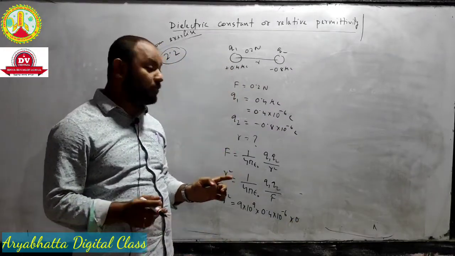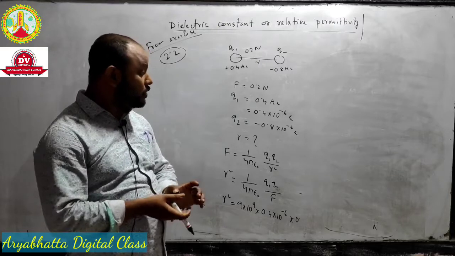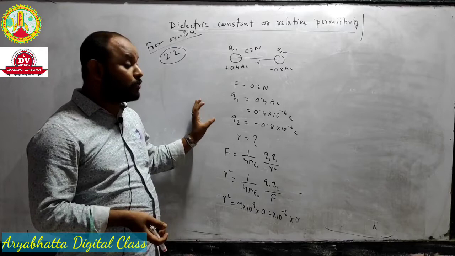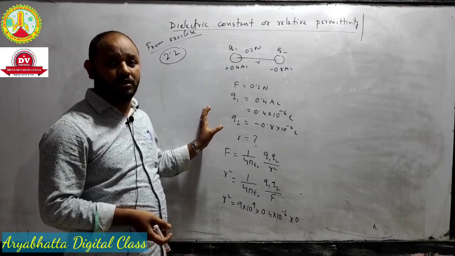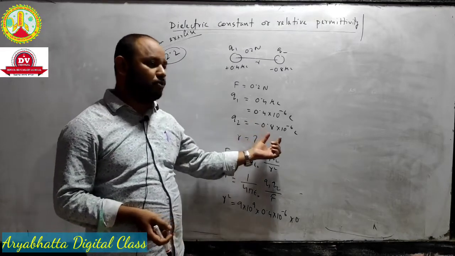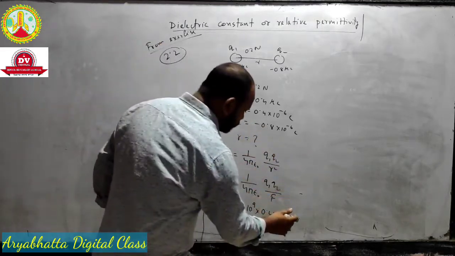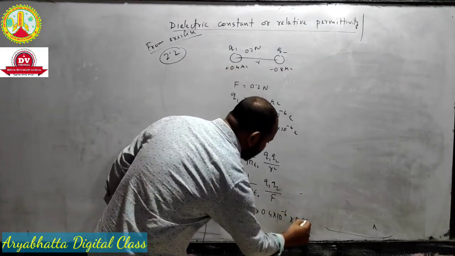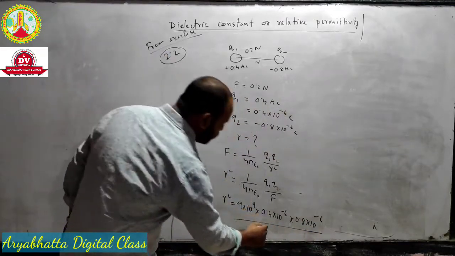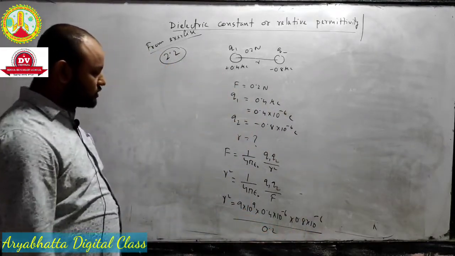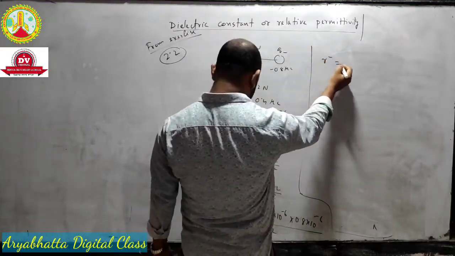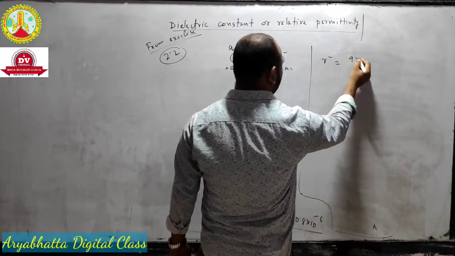We need to take only the magnitudes, because according to Coulomb's law, the force between two charges is directly proportional to the product of the magnitude of the charges. That is why we just take the magnitude. We don't take the negative sign. So Q2 will be 0.8 into 10 to the power minus 6. And the force is 0.2. So the calculation will be R square is equal to 9 into 10 to the power